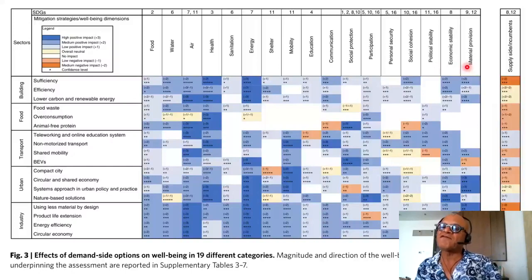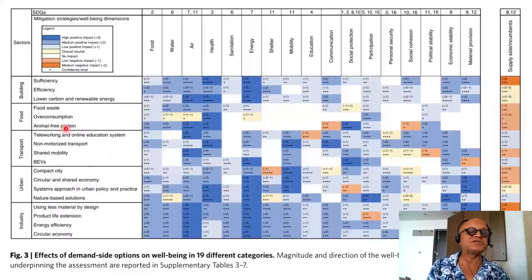And finally here you have supply side options, and this is the scale here going from high positive on SDGs. So the bluish colors are all on the positive side, high, medium, and low, and the yellowish colors are overall neutral, as we had seen before. White ones have no impacts, and the orange, dark orange colors are low negative and medium negative impacts, and the confidence levels are indicated in stars. So 3 stars, 4 stars, 5 stars